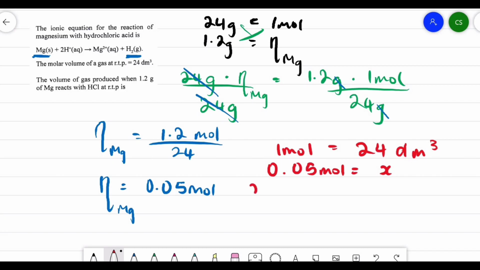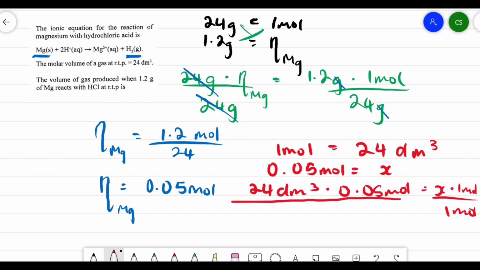All you have to do is multiply: 24 decimeter cube multiplied by 0.05 moles being equal to X times 1 mole, divide through by 1 mole on both sides. This isn't necessary, but it's just to help you see what's happening. And what will happen is 1 mole cancels 1 mole, so we're left with X being equal to